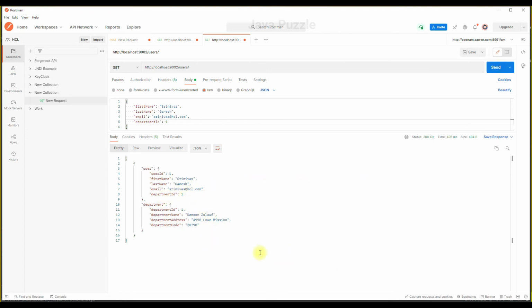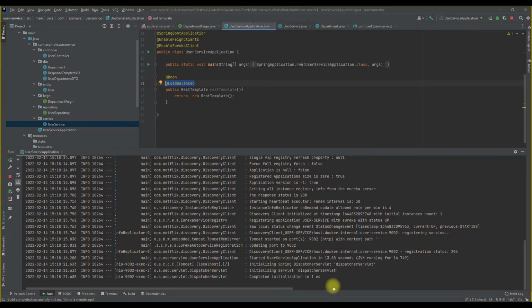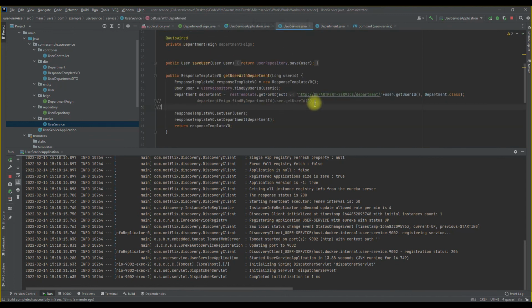So by this, what we did here, we don't need to pass the port number in our parameter, right? We are passing the name of the department service. We don't need to know which port this department service is working on, or which one is the available port when we are load balancing.